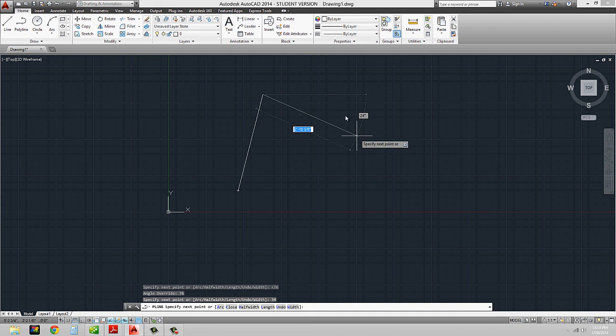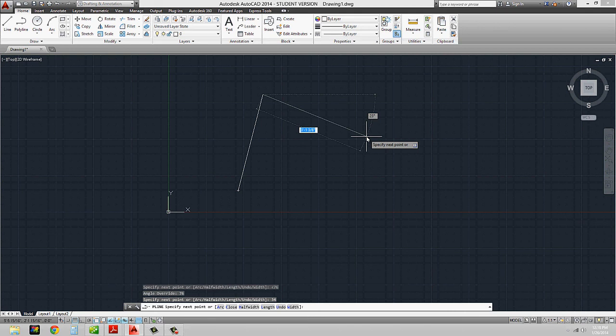Once I do that, it will still continue on with the command, and it will just continue from where you left off. So within the command, you're not always having to stick to the angle that you specified before. Now I can specify another angle.